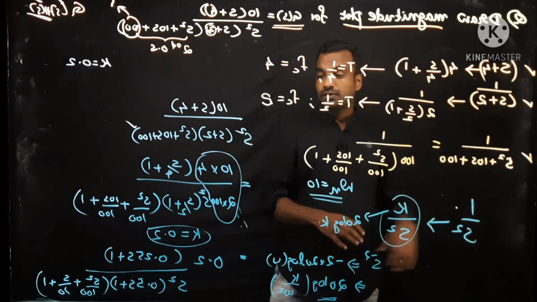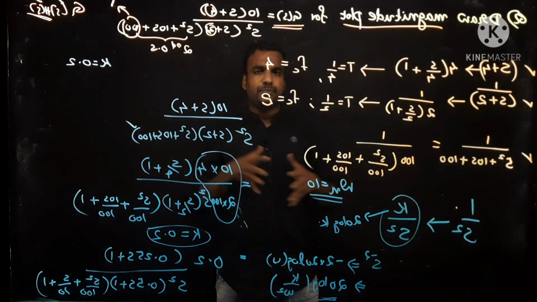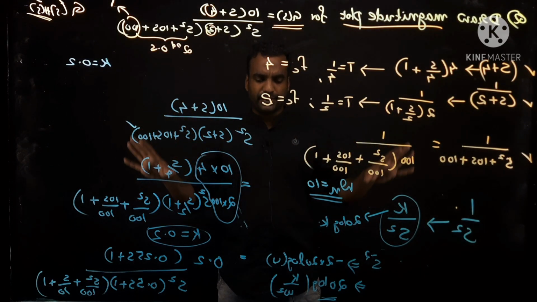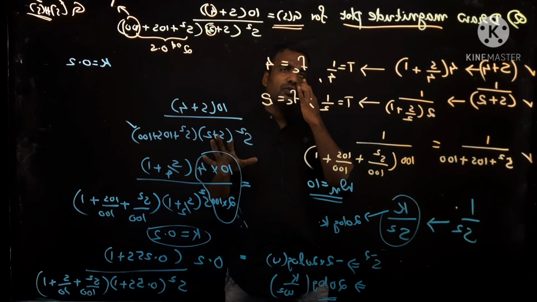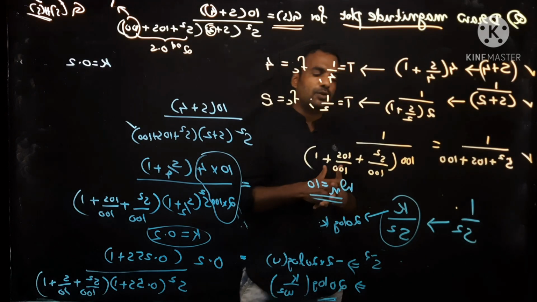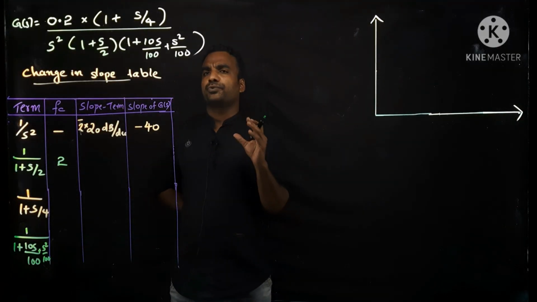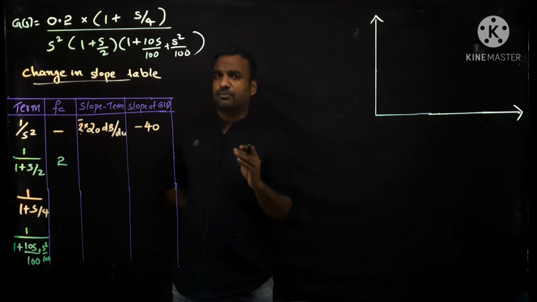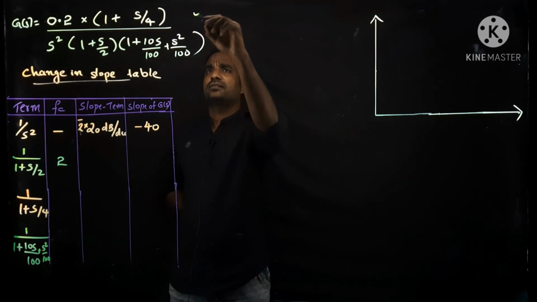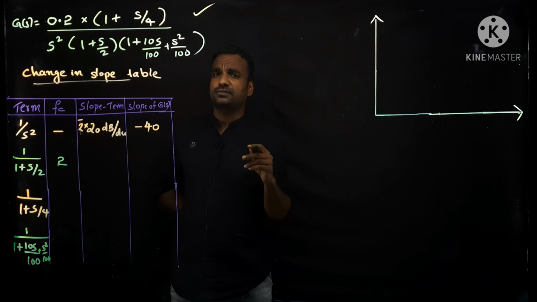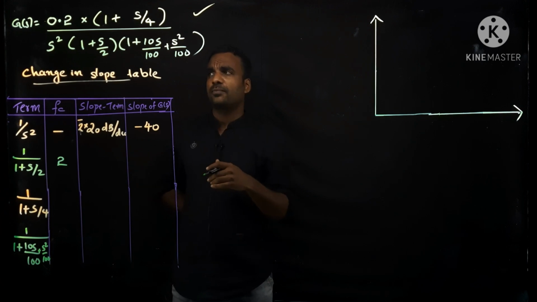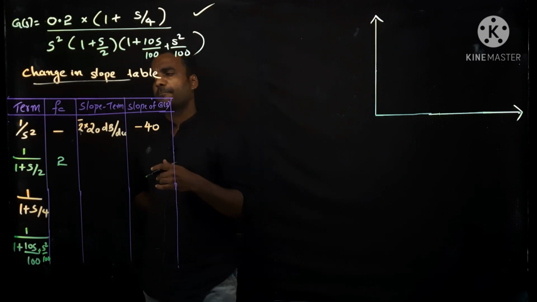Okay. So now we are directly moving into the problem. This is the prerequisite arrangement for doing the Bode plot calculation. Now we are going to draw the table. So now we are going to draw the Bode plot's magnitude plot. This is the transfer function G of s that we rearranged into standard form, and k is equal to 0.2.